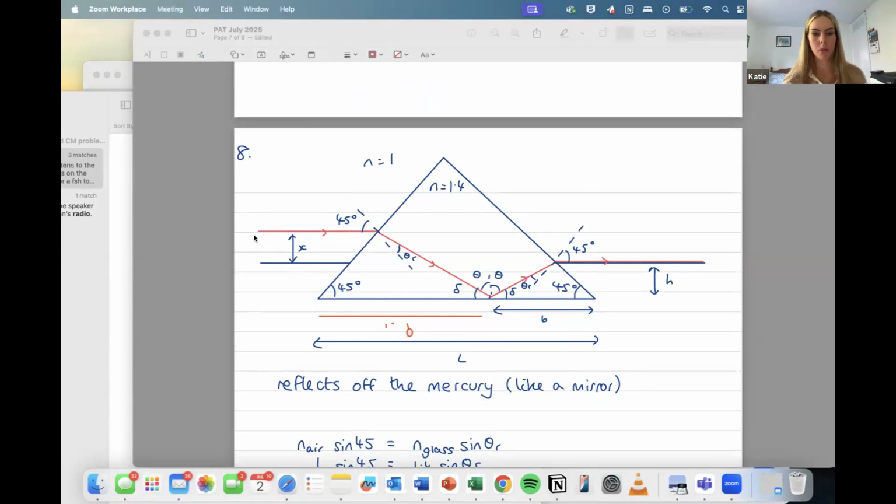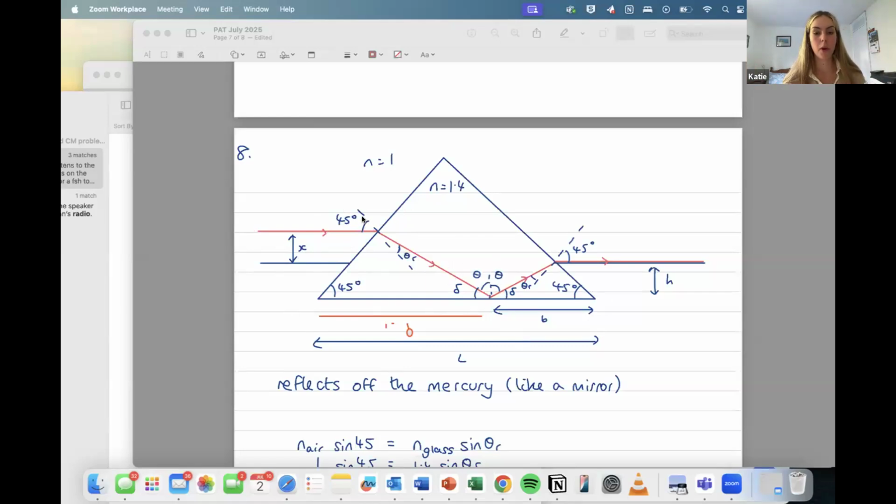So think about all the words that they've used. They give you the setup without the light ray. You know that it enters parallel, so straight away we can draw a parallel line that hits the interface, and we know it refracts. We're looking for reflection, so it must hit the bottom and then come back up. Think about the rules you know: refraction, Snell's law, and reflection. Using those two rules, you can label up this diagram with all your different angles.